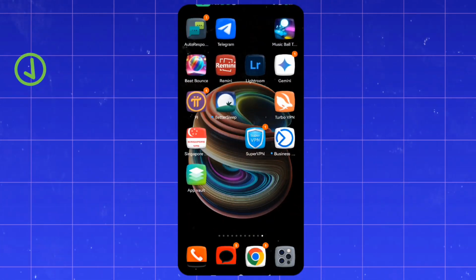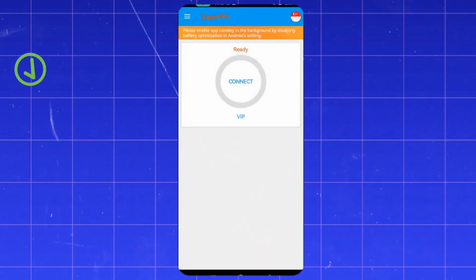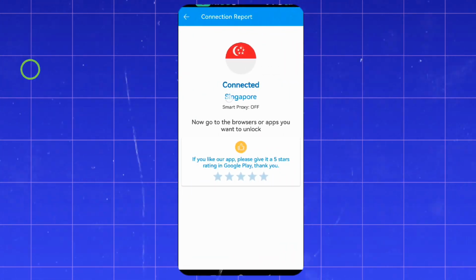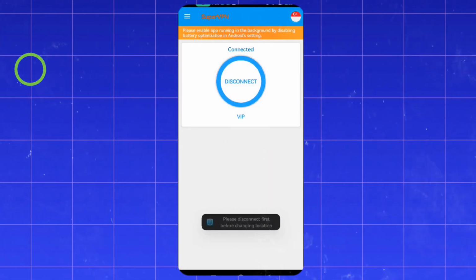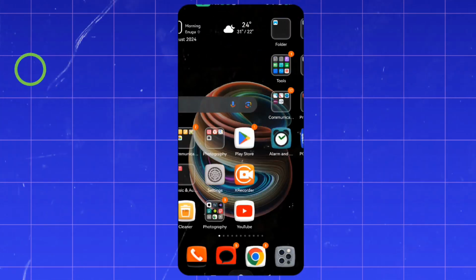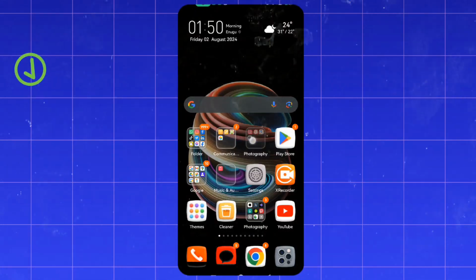And I will also advise, before you open it, you can also try to use a VPN, which is called the Super VPN. I'm also going to be leaving a link to the Super VPN right in the Telegram channel. Once you've connected, also make sure you connect to Singapore. All right, you get it right here. Make sure you connect to Singapore, and once you're done, you can then come over here to where you have